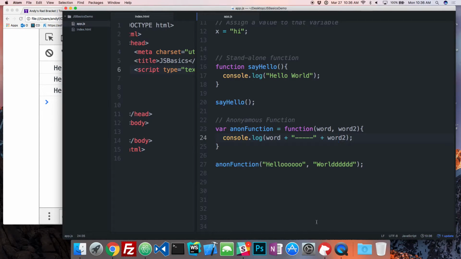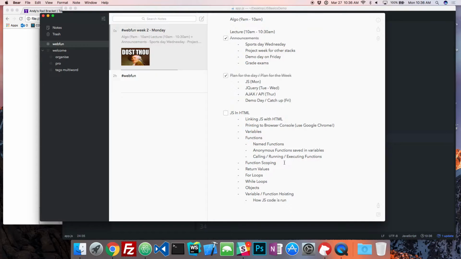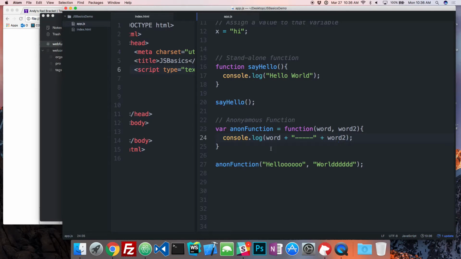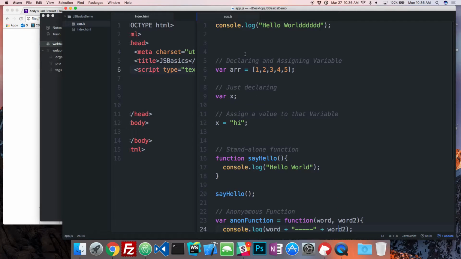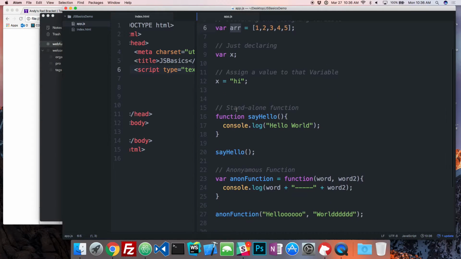Okay. All right. Let's take a look at function scoping. So this might be a new word for you guys, but on this JavaScript file, there's this thing called the global scope. The global scope is basically like the main page that we're working on. So everything here is a global variable, and when it's defined in a global scope, it's considered a global thing, right? So I make a variable in the global scope called array. Now this guy will be available in all of my functions. It's visible within my functions without me having to pass them in.